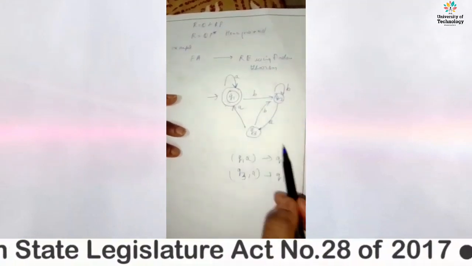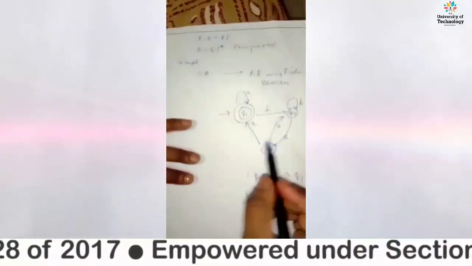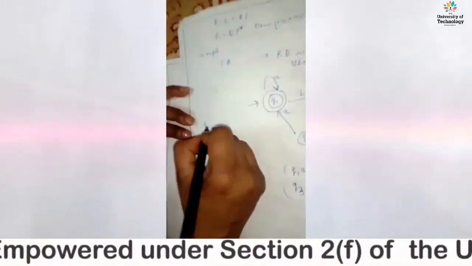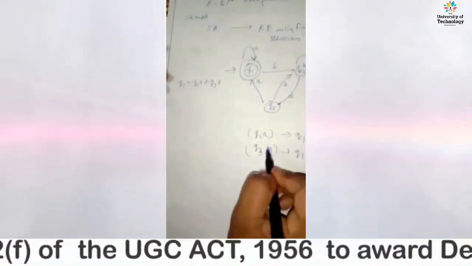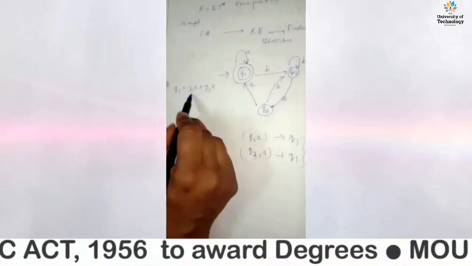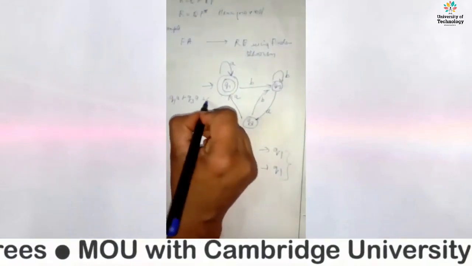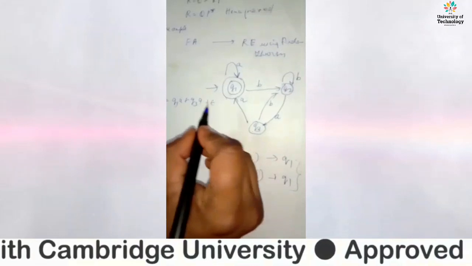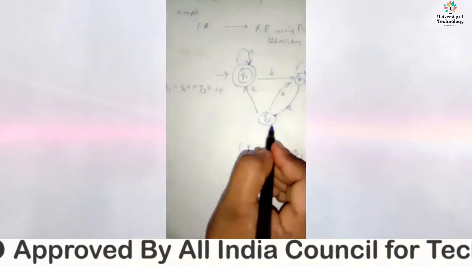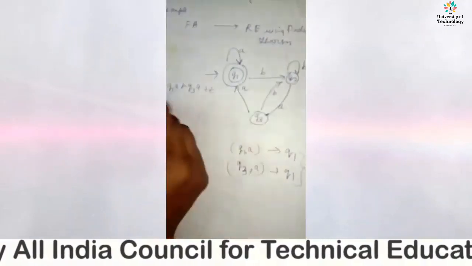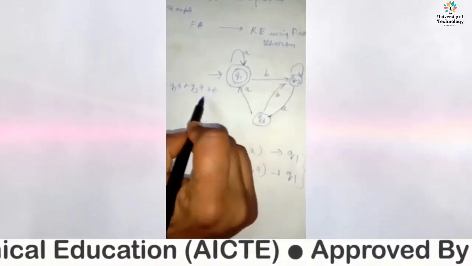Is there any possibility from Q2 to reach Q1? No, there's no arrow over here in the finite automaton. Hence, you can write the equation Q1 is equivalent to Q1A plus Q3A. These are the two ways by which we can reach Q1, and we have written them down over here. Now, since Q1 is also an initial state, we can add epsilon to it. If instead of Q1, Q3 were the initial state, then when finding the value of Q3, you would use epsilon in that equation. Since the final state and the initial state are the same, Q1 only, and since it is the initial state, we are adding epsilon to it.